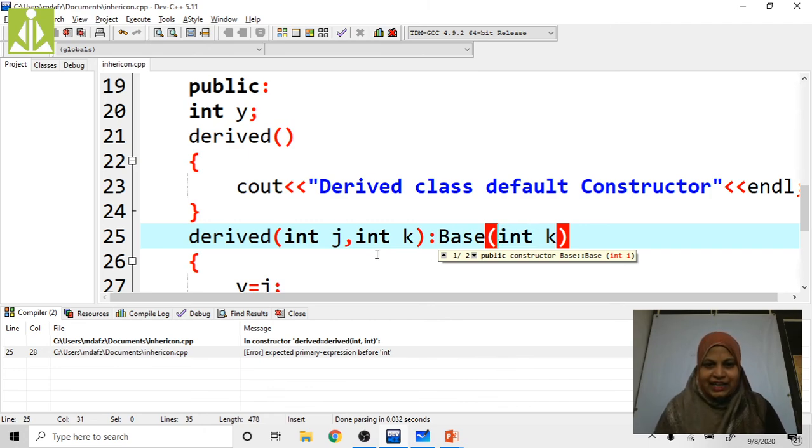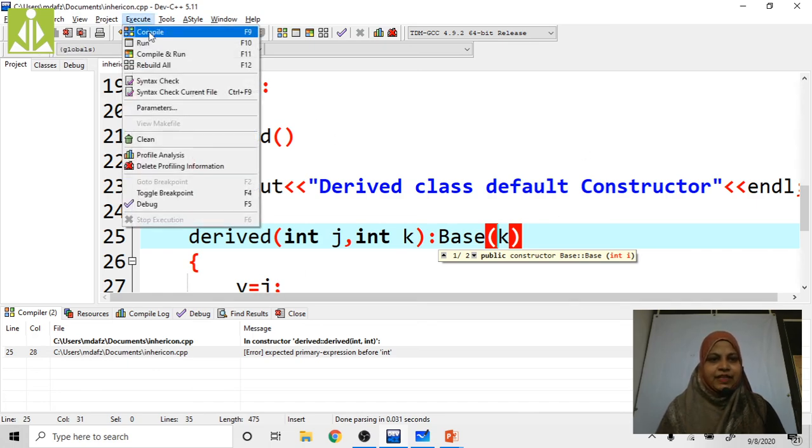Here already int is there, already we declared int, that's the reason here again we no need to declare this int, right? Why? Because already we declared int k, that's the reason no need to write Base(int k). That is the error.